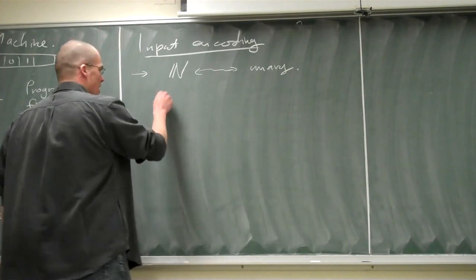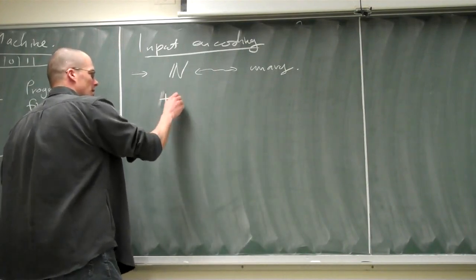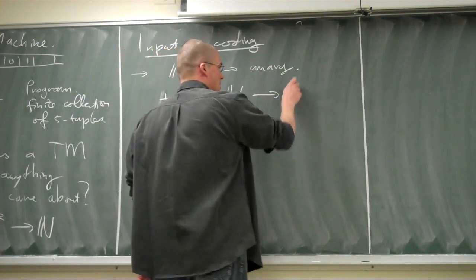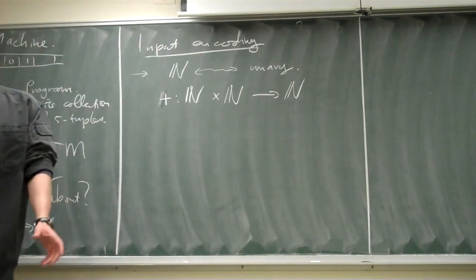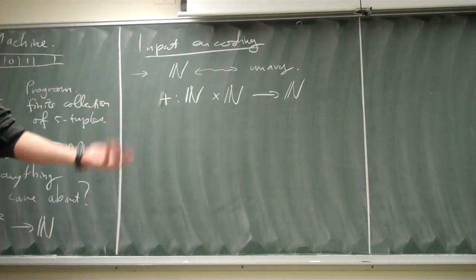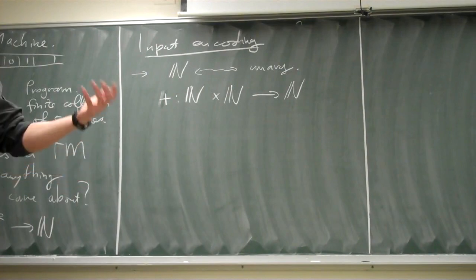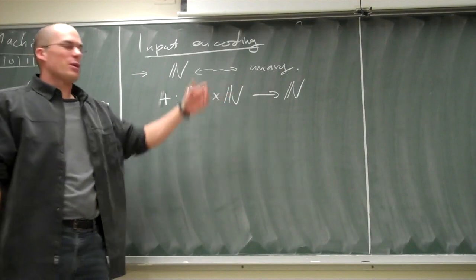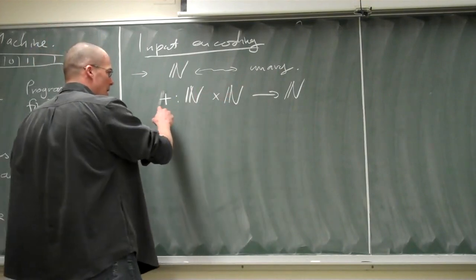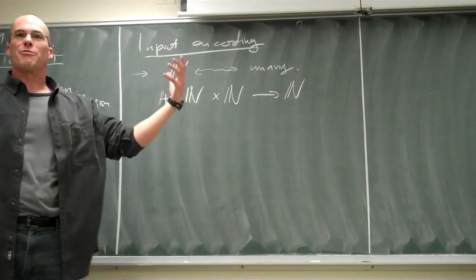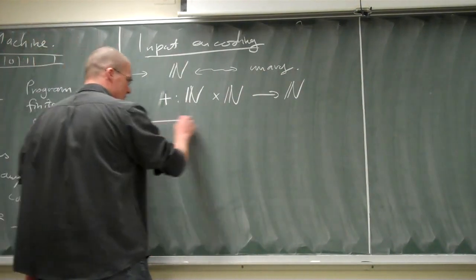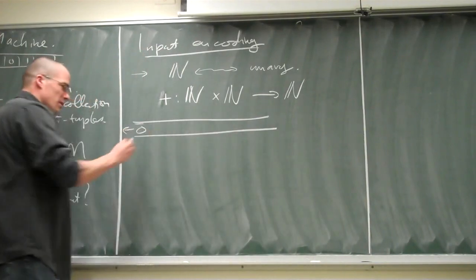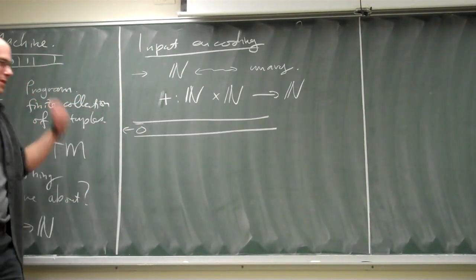And so, for instance, if I'm looking at a function from pairs of natural numbers to natural numbers, the addition function, clearly the addition function should be easily computable, because that's a particularly simple function. And one way I could now say I'm going to encode things is my starting configuration of my Turing machine is going to consist of the tape, infinitely many zeros going this way.